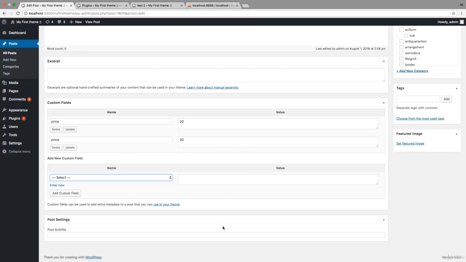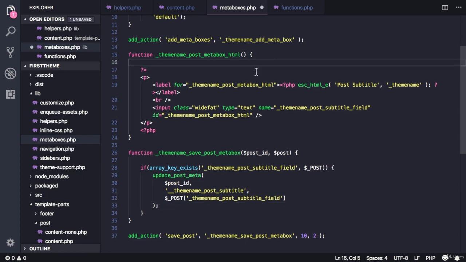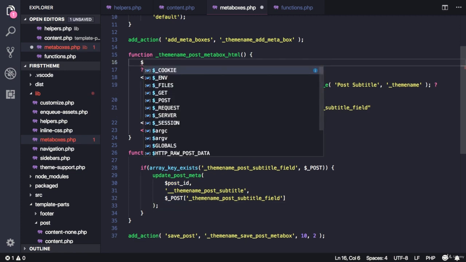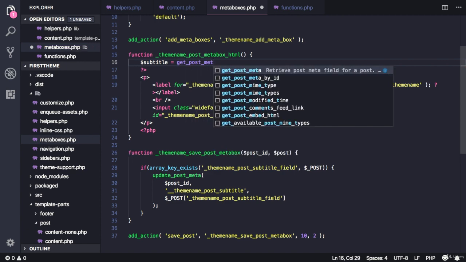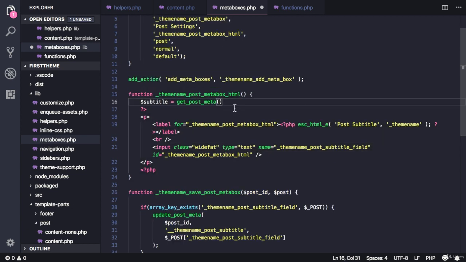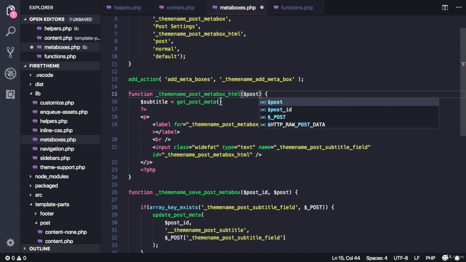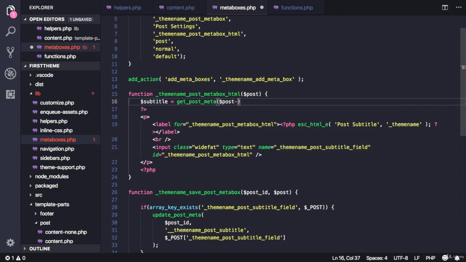So let's do one final thing for this lecture. We need the value that we saved to appear here as a value for the input. So before closing the PHP, let's create a new variable and call it subtitle. We need to get the value from the database, so we can use get_post_meta as we did in the last lecture. And this takes the ID, and you can get the ID in the HTML callback. We get the post object here as an argument, so we can just retrieve the ID of the post using the post object